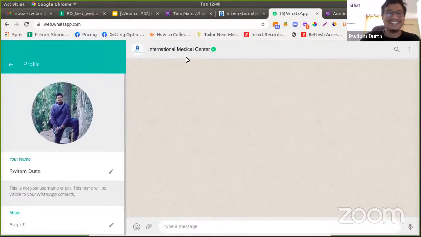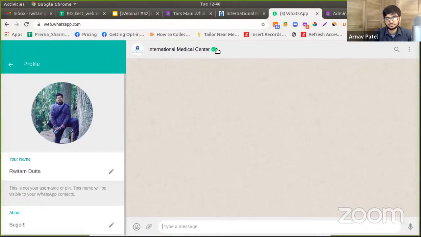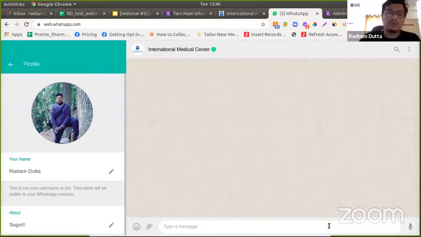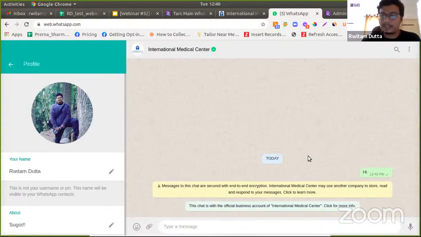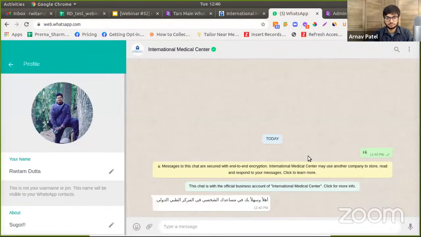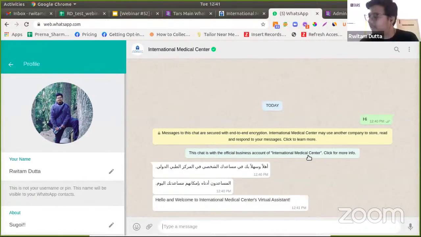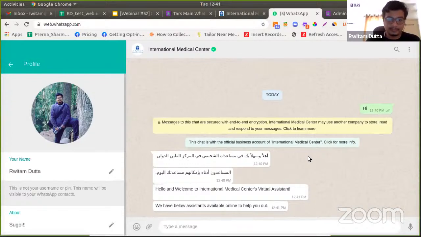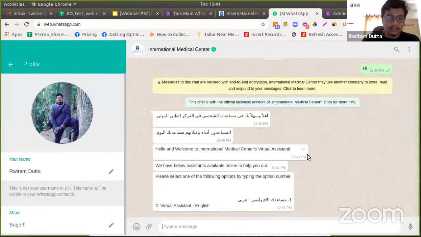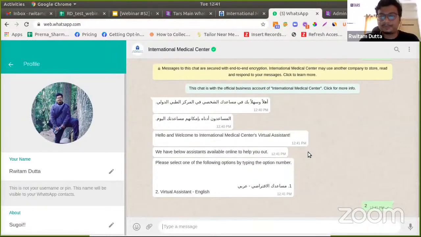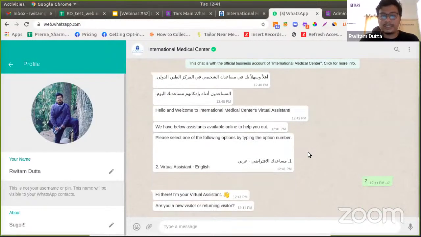That's right. So yeah, as you can see, this is the virtual chat assistant of International Medical Center. You can see this green tick over here. This means that it is an official business account, an OBA. Now we have articles on OBA in our help section. You can go through that as well. Now, if I start a conversation with this chatbot, if I just type a hi, I'll keep my phone close to me, and this chatbot is in Arabic and English both. So yeah, I'll select the virtual assistant English,